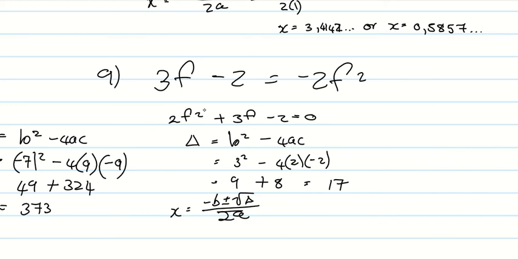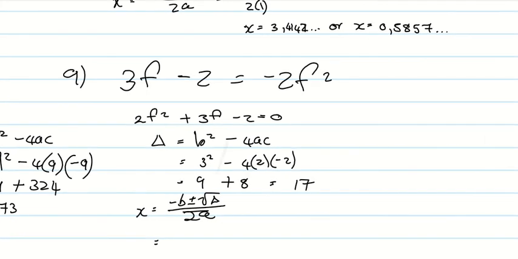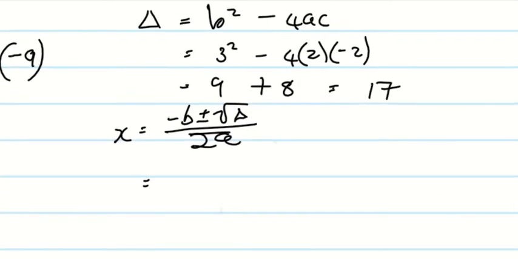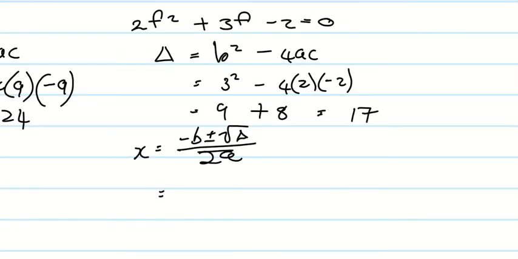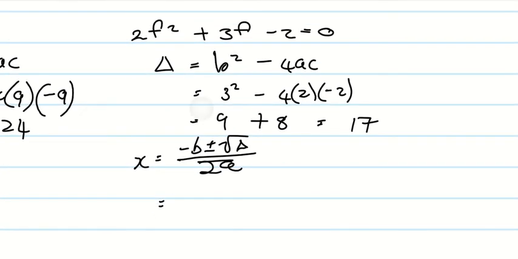And then I'm going to say, good, so negative b, what is the value of b? You see here, actually, so it's a positive here. So that means negative 3 plus minus square root of 17 over 2 times a, which is 2, is equal to